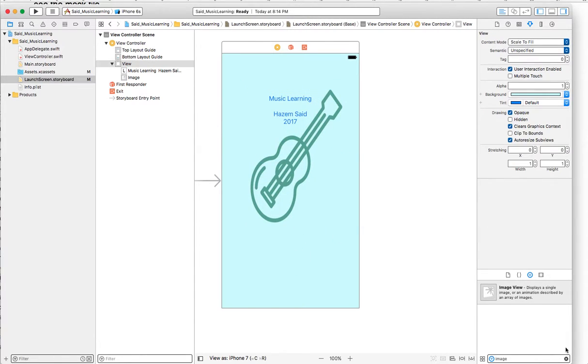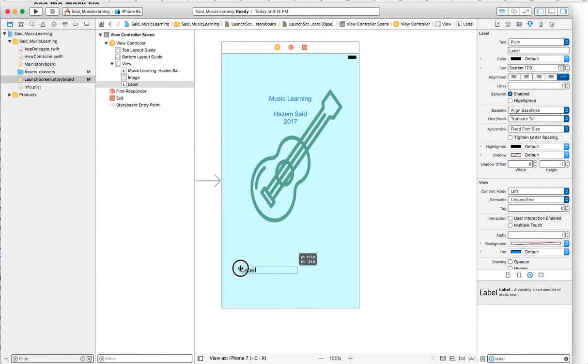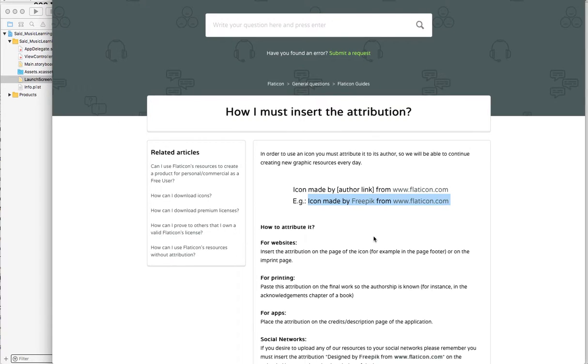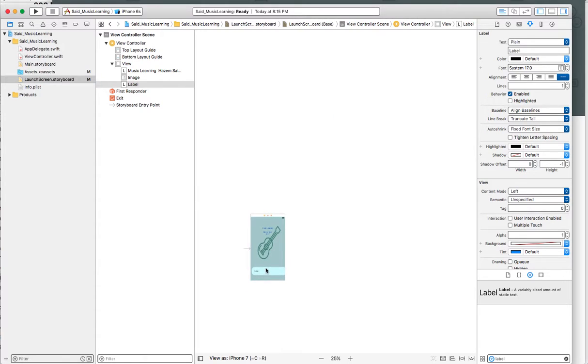Then I need to add another label, because I got this from the free icons website, the same one we used for project 3. So I'll need to credit the website, and they have a specific language to use. So here it is, and it's flaticon.com. So I'll copy that and come here and add